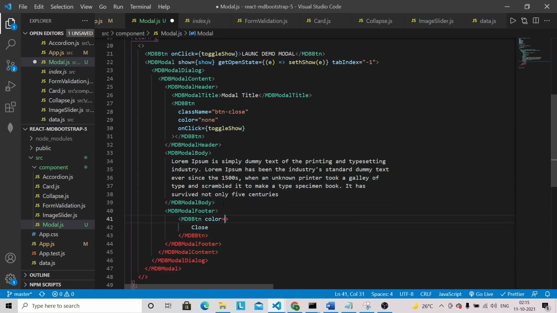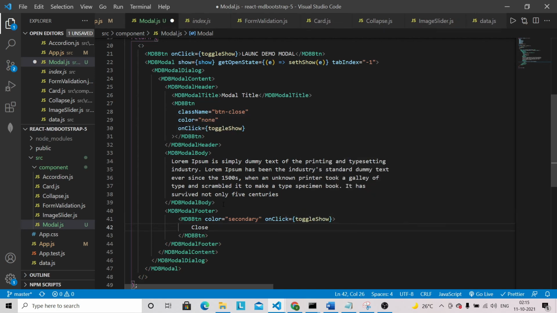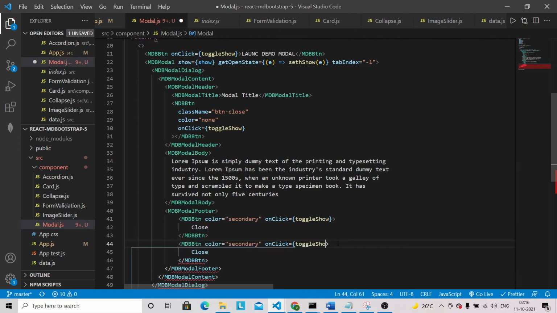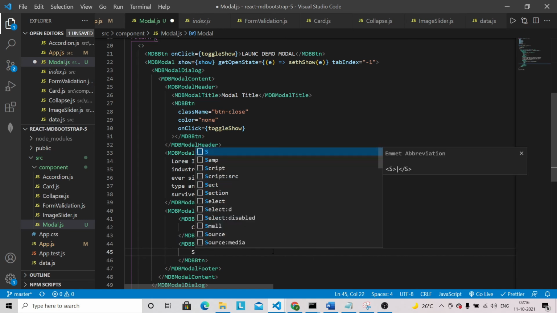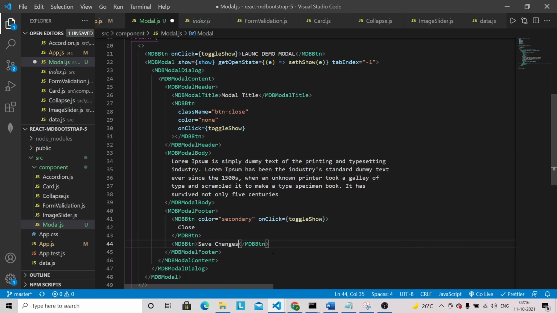Color we can give secondary, and again on click we can pass that method toggleShow. And again we can have one more button. This button doesn't have any onClick method because we are not going to save any kind of data. You can give here save changes.